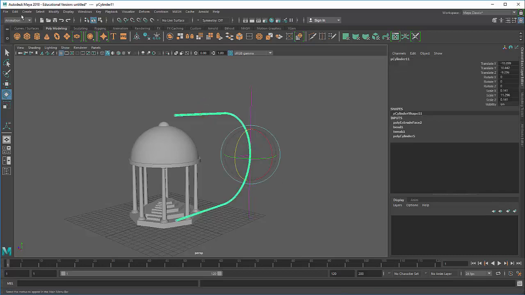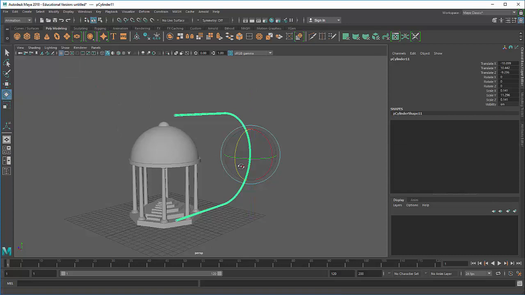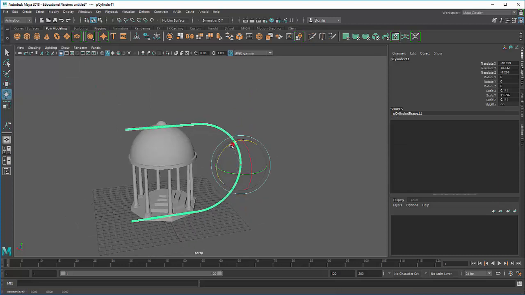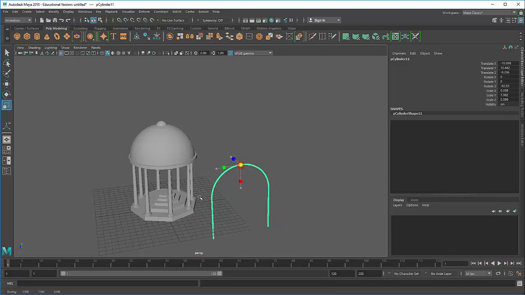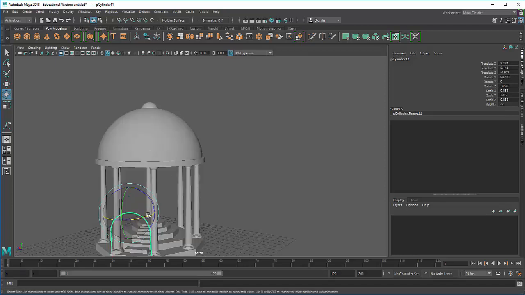So with this selected, I am now going to go to Edit, Delete by Type, History, and now it should forget how it was originally made, and I should be able to rotate it and scale it and do anything else that I wanted to do with it. And so I can do some pretty fun things just with that cylinder tool and the bend. It's just for fun, it's purely optional, but if you want to mess around with that,